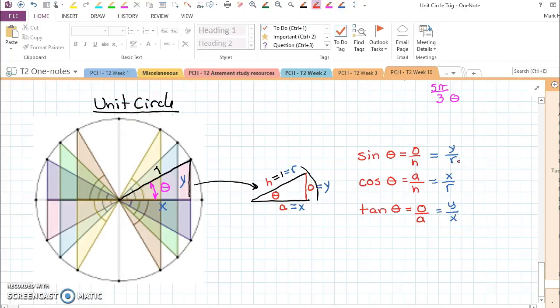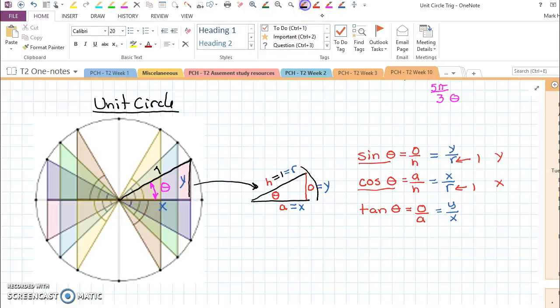On the unit circle, every one of these radiuses is 1. That's why sine we usually think of as the y value, and cosine we always think of as the x value. But that's only on the unit circle. If we were off the unit circle, which sometimes we are, this becomes y over r, x over r, y